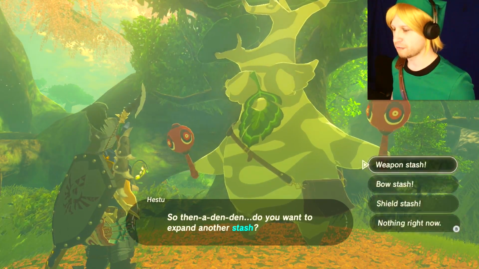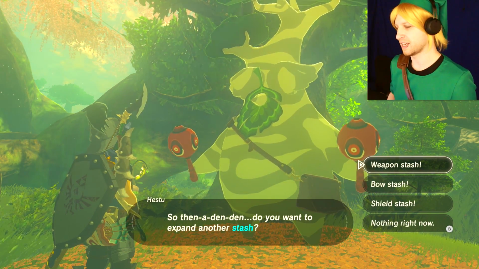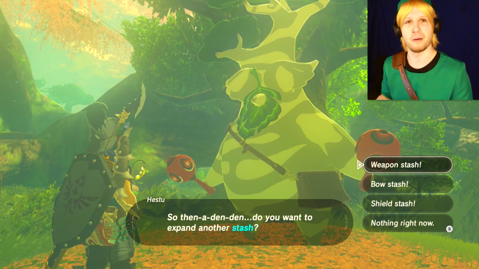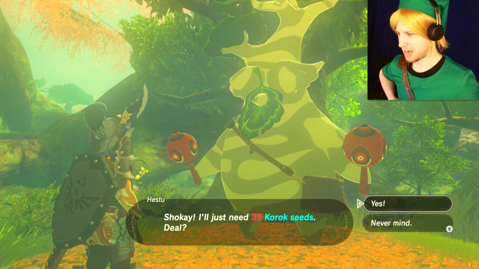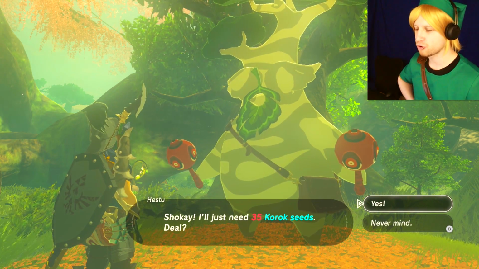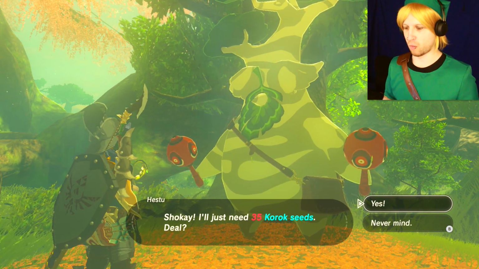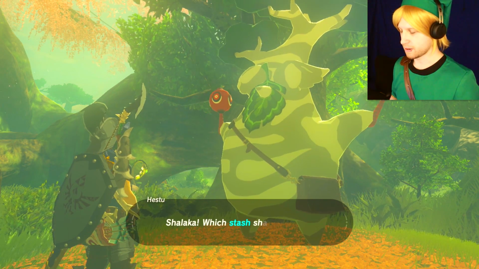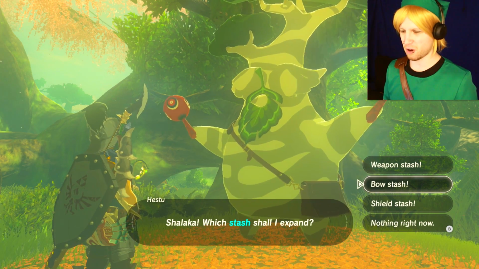Just typical of most of the menu systems in this game. It's like, dude, I've got 88 to go. Just let me choose how many I want to use. Man alive, no wonder there's over 900 of these Korok seeds. It's going to take 35 Korok seeds per weapon slot now. Well, you know what? Let me spend the rest of them on...